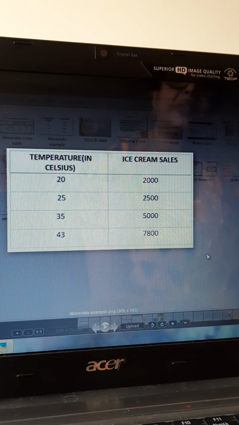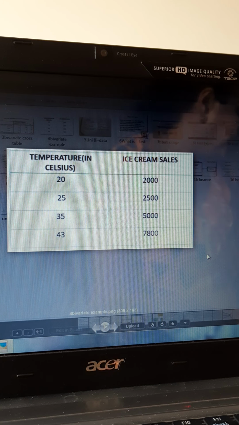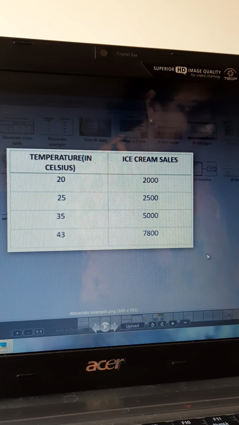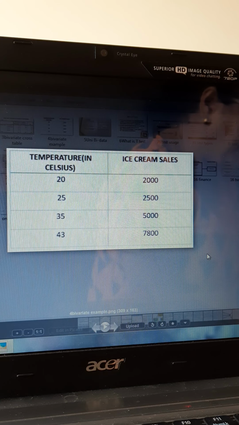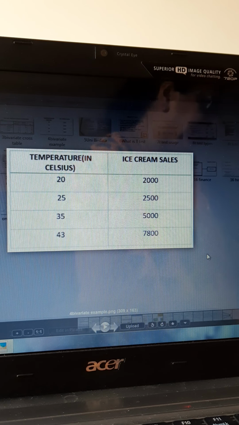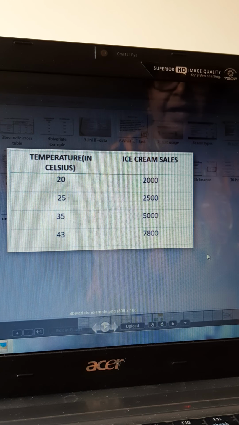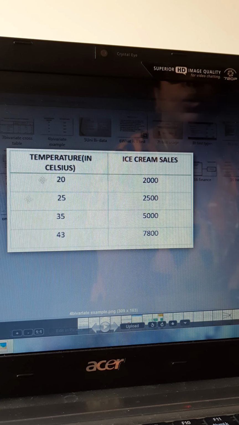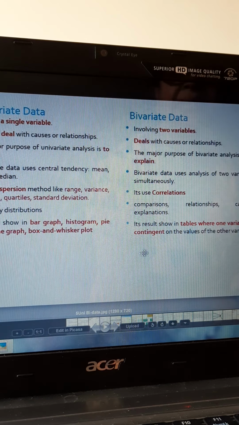And see this, this is two variables again. What is the temperature of the day and what is the sales of ice cream? So you can keep jotting down 35 degrees, 36 degrees, 40 degrees, and sales of ice cream in a particular area from shop 1, shop 2, shop 3. So total sales of ice cream. You can draw a variety of conclusions from this. These are also two variables. This is just tabulation we are looking at.